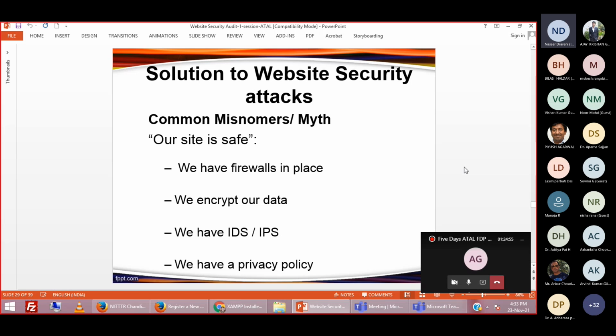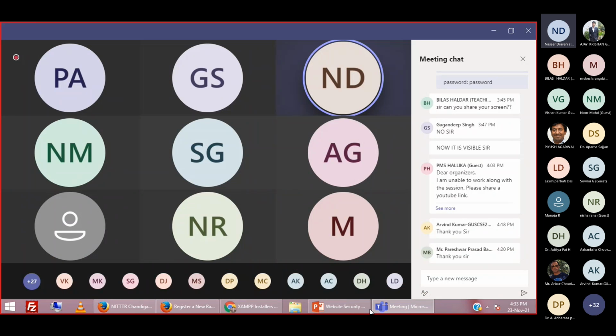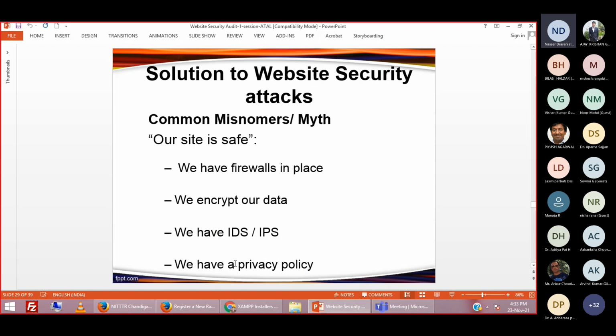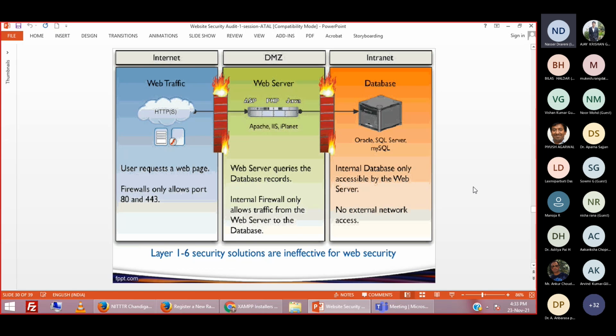The first thing you should know: if you are a website owner and you think you have implemented a firewall, encrypted your data, implemented an intrusion detection or prevention system, and have a privacy policy, even after all these safety arrangements your website is not secured from this type of attack, right? These are all myths that website owners have, right?